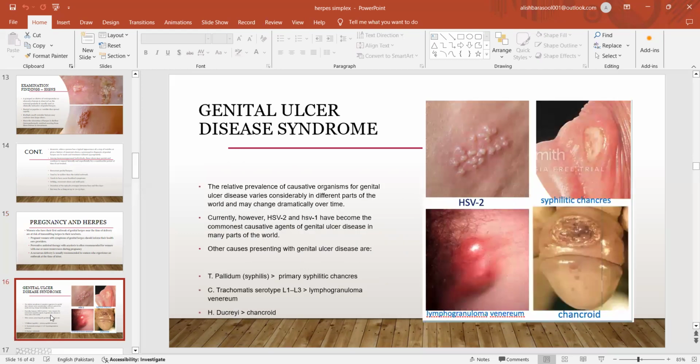Genital ulcer disease syndrome. The relative prevalence of causative organisms for genital ulcer disease varies considerably in different parts of the world and may change dramatically over time. Currently, however, herpes simplex virus 2 and 1 have become the commonest causative agents of genital ulcer disease in many parts of the world. Other causes presenting with genital ulcer disease are syphilis, trachoma serotypes L1, L3 (lymphogranuloma venereum),